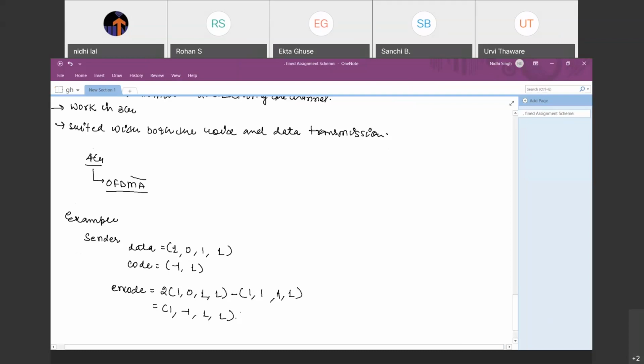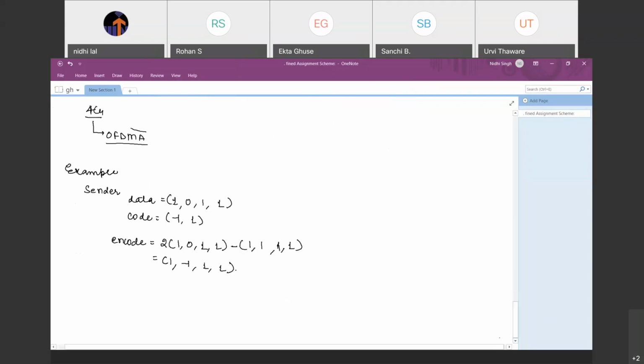Okay. So this is the encoding data. Now the data is transmitted in terms of signals. ठीक है. So मेरे को इसको सिग्नल में कन्वर्ट करना पड़ेगा. So सिग्नल में कन्वर्ट करने के लिए जैसे मैंने यहाँ पे क्या बताया था,